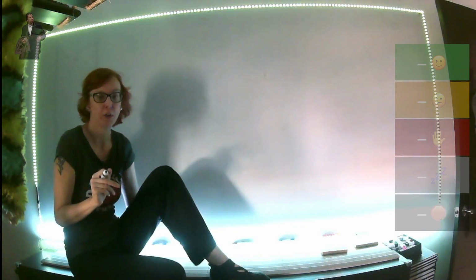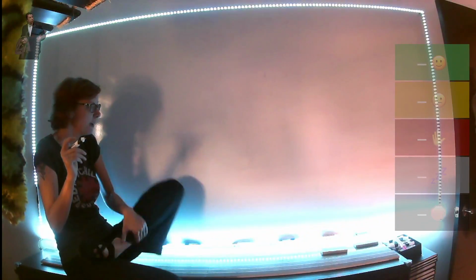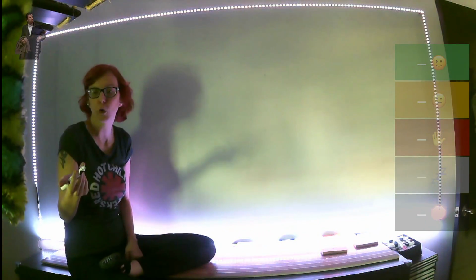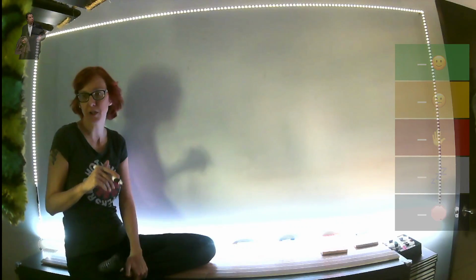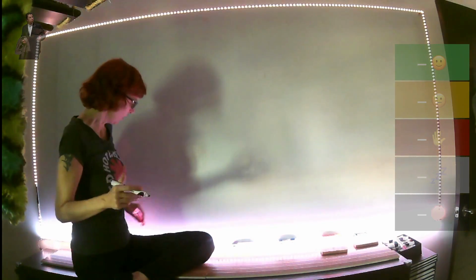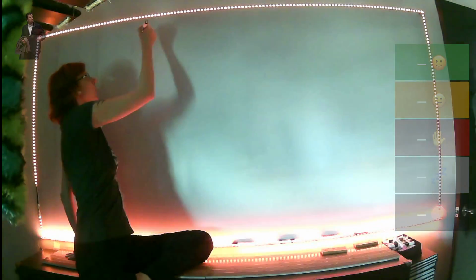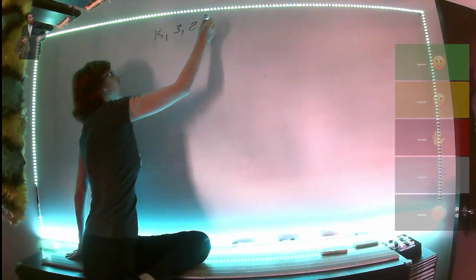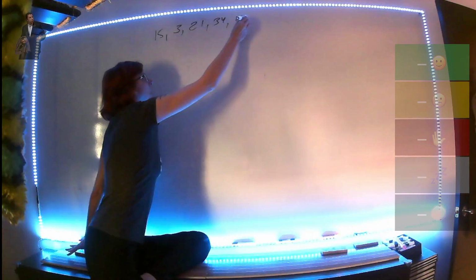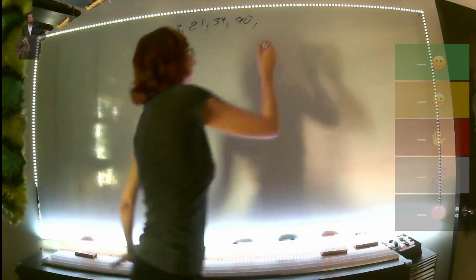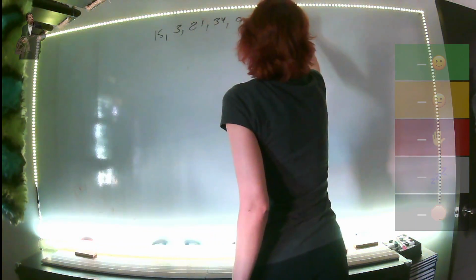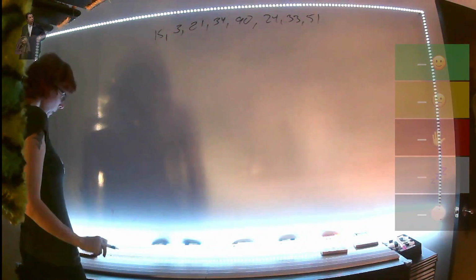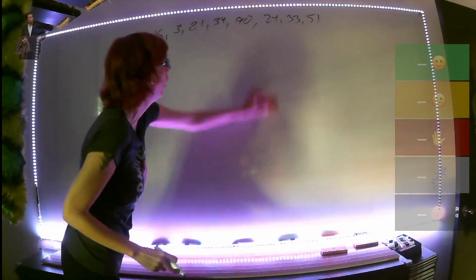So we're going to be making a structure where the numbers I want to store arrive one by one. And we're actually going to be doing this next week as well. So I imagine someone sends me a sequence of numbers: 15, 3, 21, 34, 90, 24, 33, and 51. If I want to make a searchable structure of this, and I don't want to have to be ordering my array and whatnot,